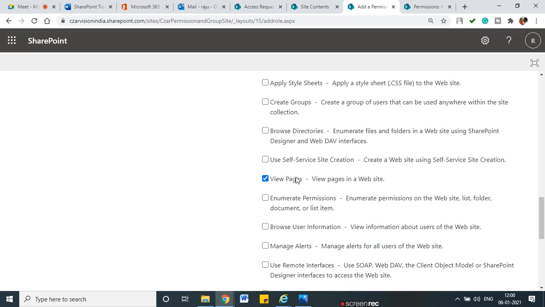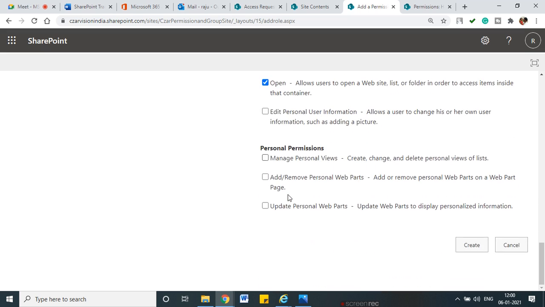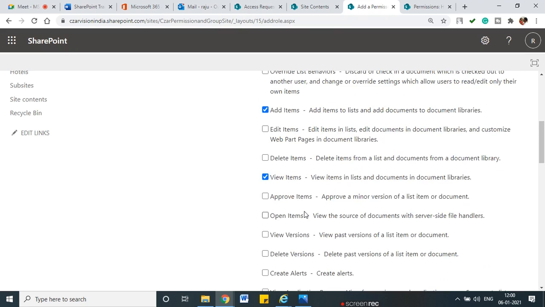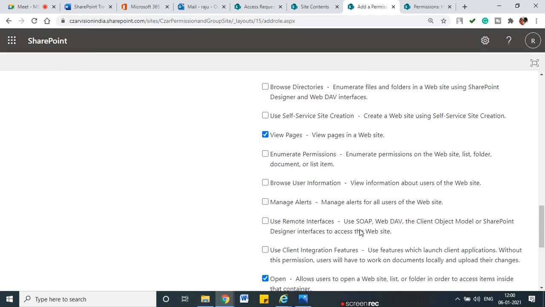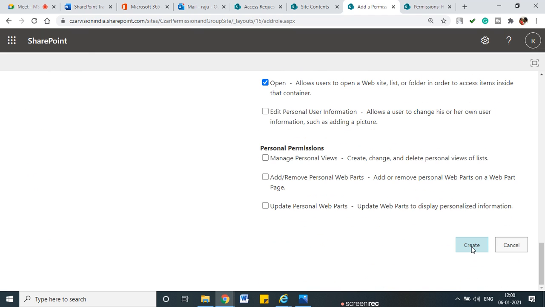Okay, same way, view pages and open permission will be required. This permission will automatically be set. So what you do is say create here. But rather than creating this, there is another best practice you need to follow, which is,